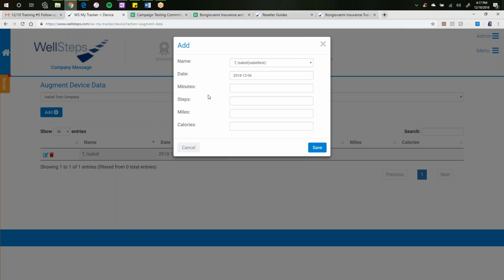So maybe the user did 5,000 steps in exercise, but they weren't wearing their device, and then the device recorded 10,000 steps. They would say, I want you to put 15,000 steps for the day in total. Got it. And so I would come in and put 15,000 steps here and then save, and then it would